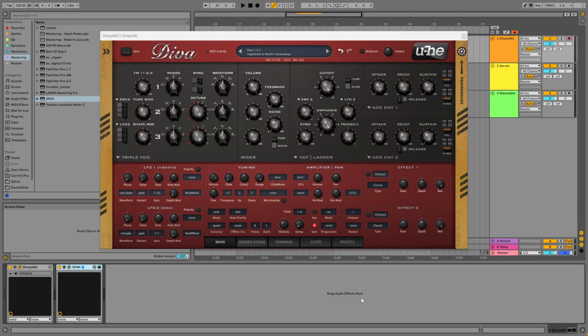So LFOs are, in this one, LFO1 is mapped to this vibrato, and LFO2 is your modulation. So you can kind of set that over here. And I'll demonstrate that now in a moment. I'm not really going to go into tuning in this part, but I have to use vibrato to kind of explain this. So basically, if we turn this, the phase is where the waveform will start within the,